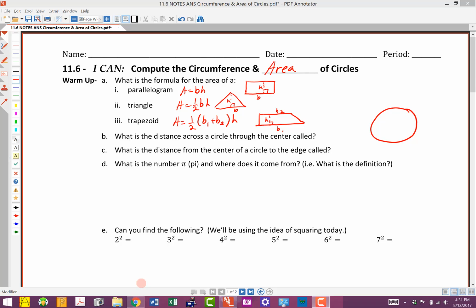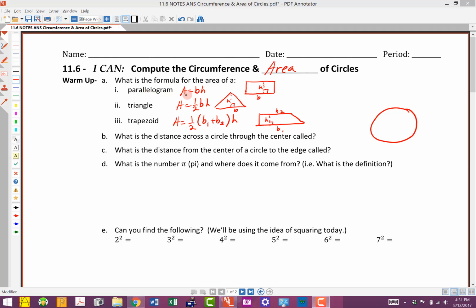Okay, we're going to stick with our geometry unit, and now we're going to talk about some shapes that are a little bit different. So you'll notice that what I've got up here is the I can statement. Section 11.6, I can compute the circumference and area of circles. And then I've got just a quick warm-up review of going over the formulas that we've learned so far for